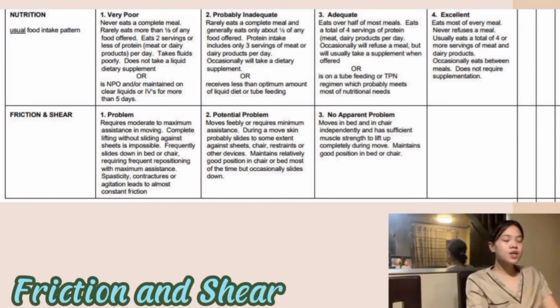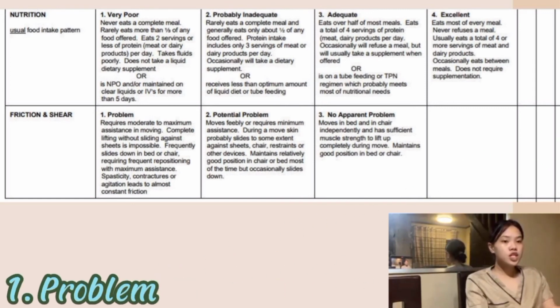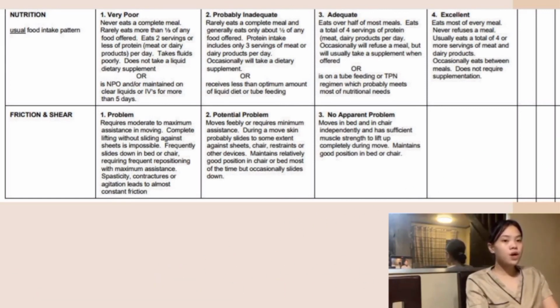In the Braden scale, we also have friction and shear. Under friction and shear, a score of 1 indicates a problem, requiring moderate to maximum assistance in moving. Complete lifting without sliding against the sheet is impossible. Frequent sliding down in bed or chair requires frequent repositioning with maximum assistance, and spasticity, contractures, or agitation lead to